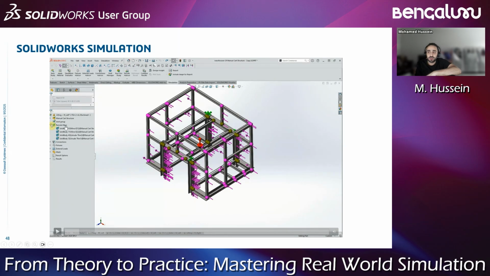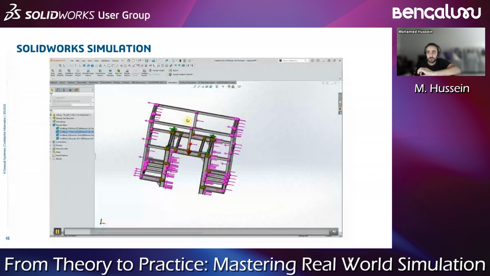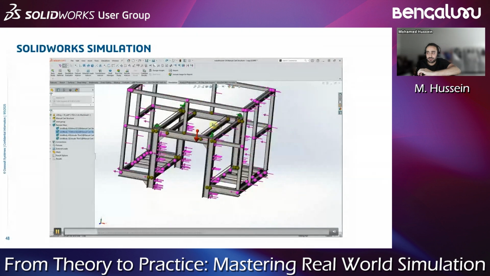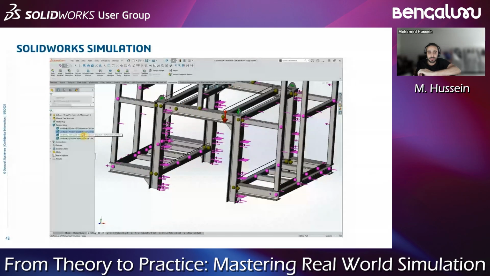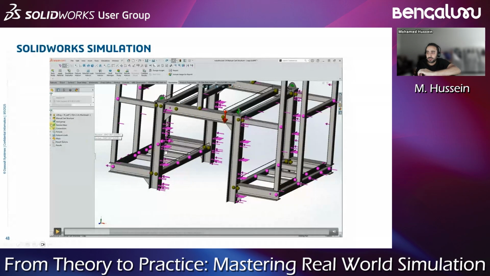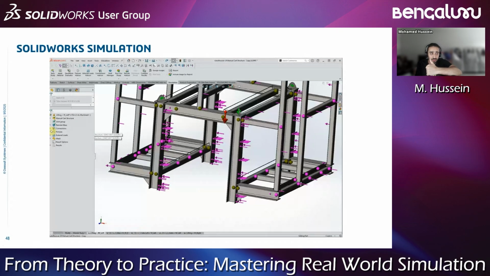So I have used here something that is called remote mesh. This remote mesh I have used for 4 areas. I have 1 here, 2, 3, and 4. Okay, so I have used this remote mesh. I don't think that we have discussed this remote mesh